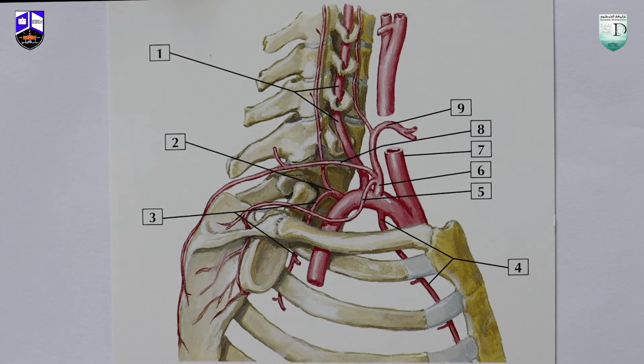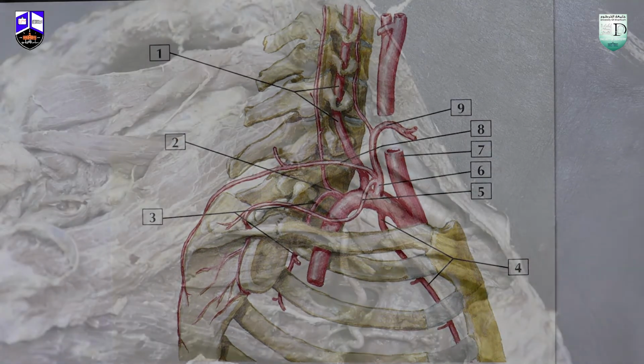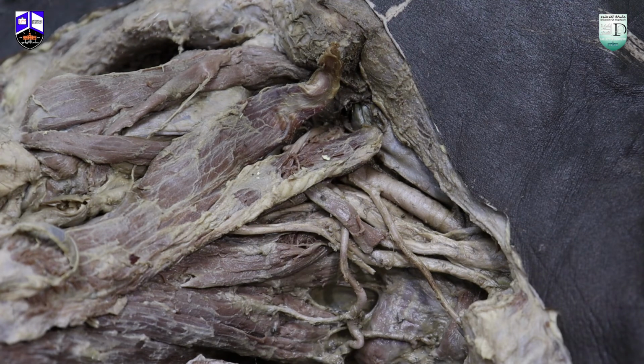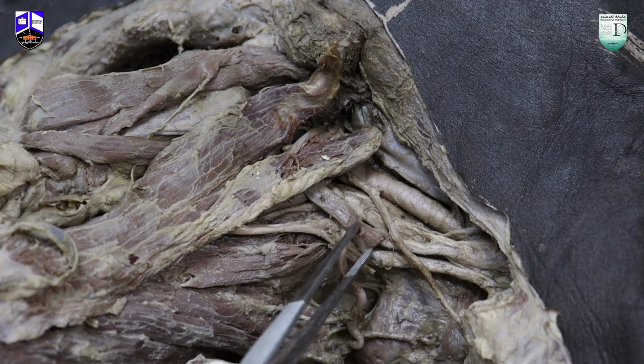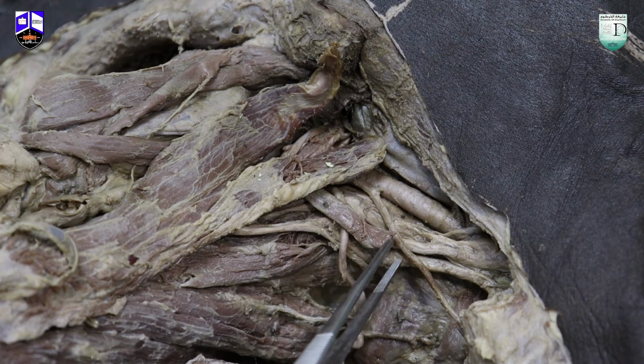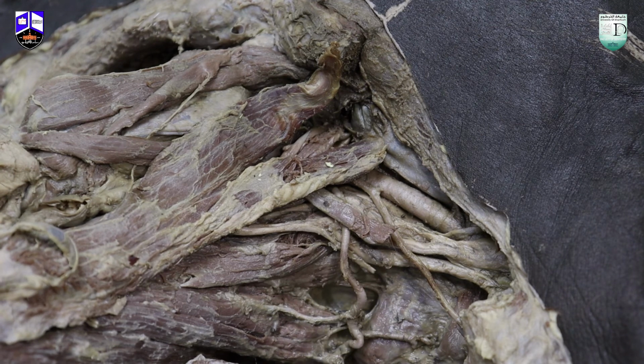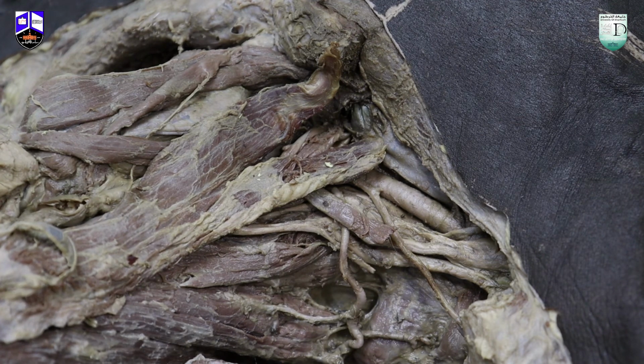Now we're going to move to the cadaver in order to show these branches. So let's move. Finally, we're about to finish our practical by now going to talk about the supraclavicular part of the posterior triangle here, this part, which lies below the inferior belly of the digastric muscle. And this mainly contains the